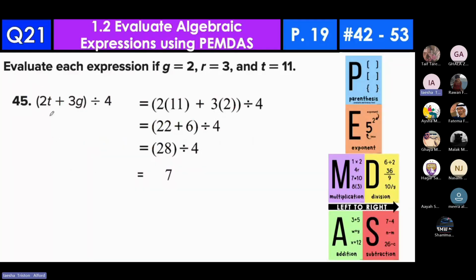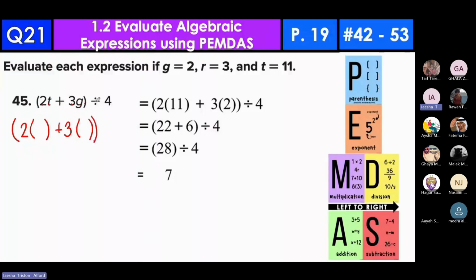For question number 45, same. You have parentheses, you keep it. The 2, you keep it. When you get to the T, put parentheses. The plus, keep it. The 3, keep it. When you get to the G, you put parentheses. This parentheses, you keep it. The divide, keep it. The 4, keep it. Once you have this, put the numbers inside,